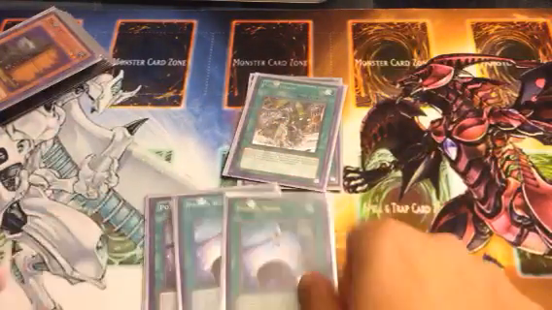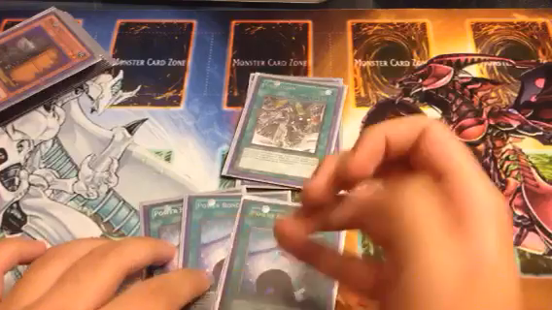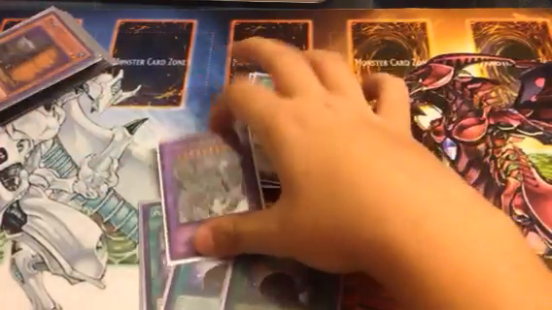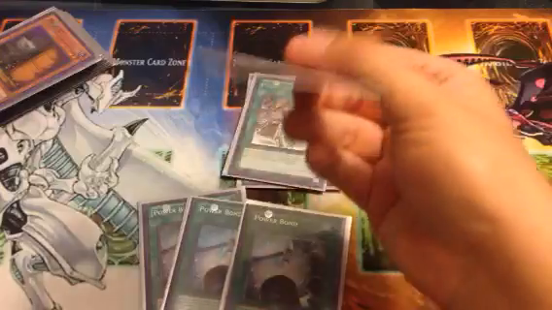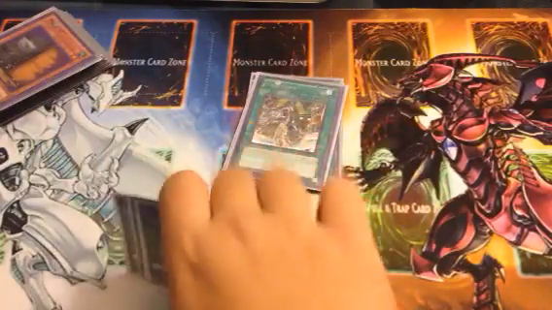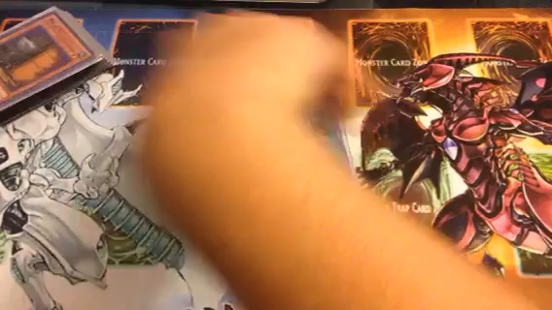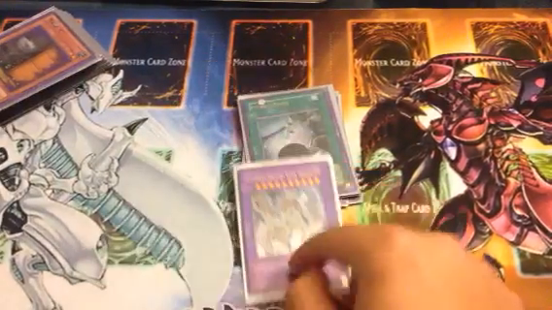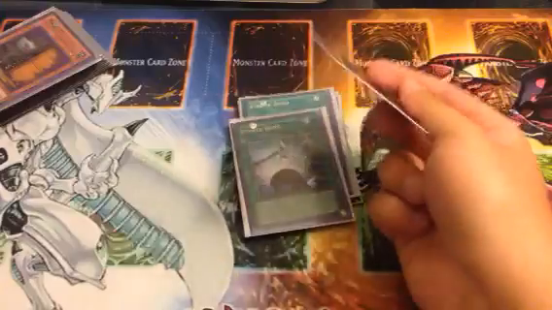Three Power Bond. This is your win condition of the deck. You use this to summon Ultimate Ancient Gear Golem, which becomes an 8800 attack monster now, so you can do your OTKs. But the one bad part is if you don't do the OTK on the first turn and your opponent still